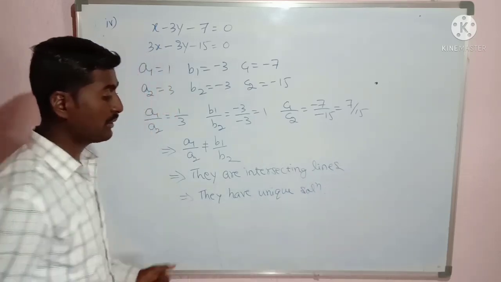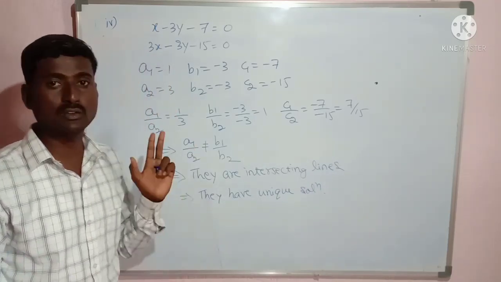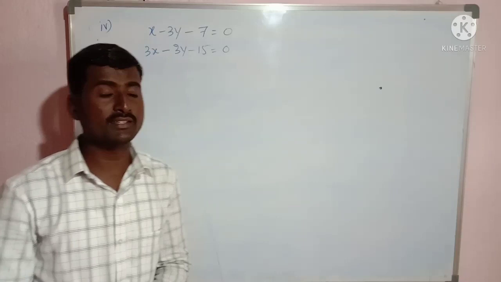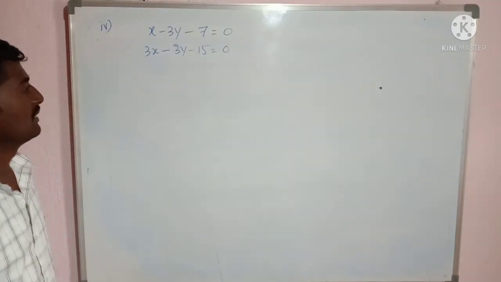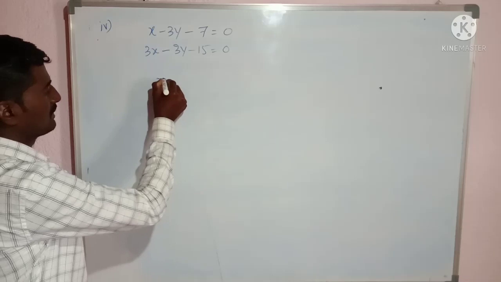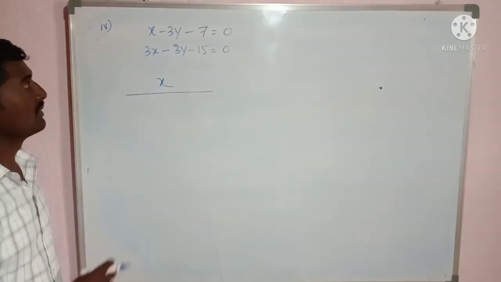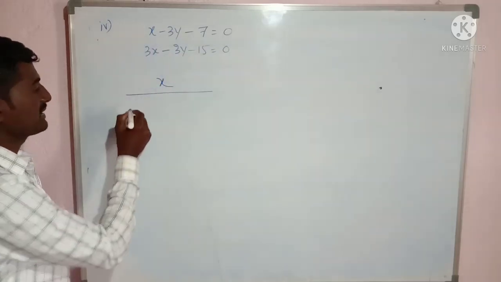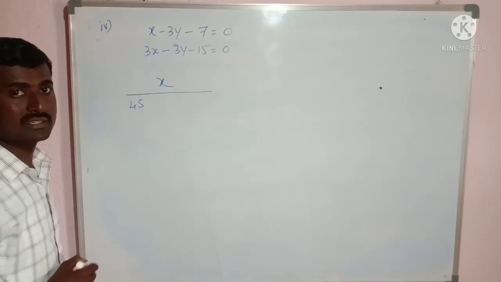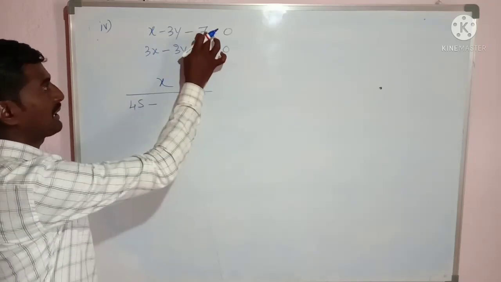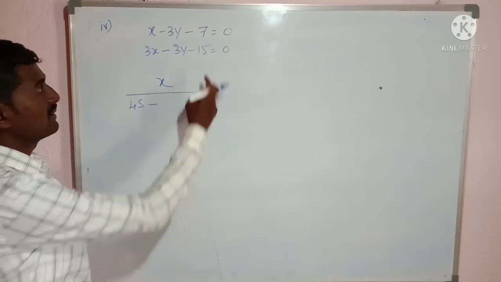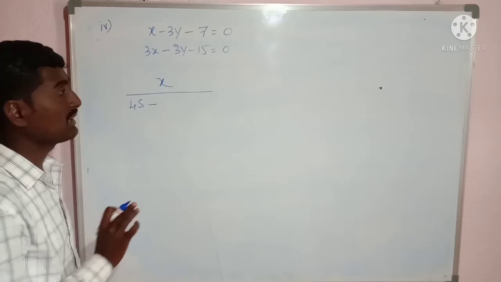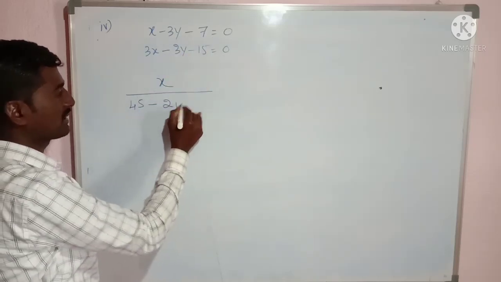Now if they have a unique solution, we have to find that solution by using the cross multiplication method. Okay, first you copy this. I shall find the solution by the cross multiplication method. So already we know the method. x divided by, leave this term, minus 15 into minus 3. Directly I'll write, that is minus into minus, plus 45. Before multiplying these two, put minus. Minus 7 into minus 3. Minus into minus is plus, plus into minus again minus only. 7 threes are 21.